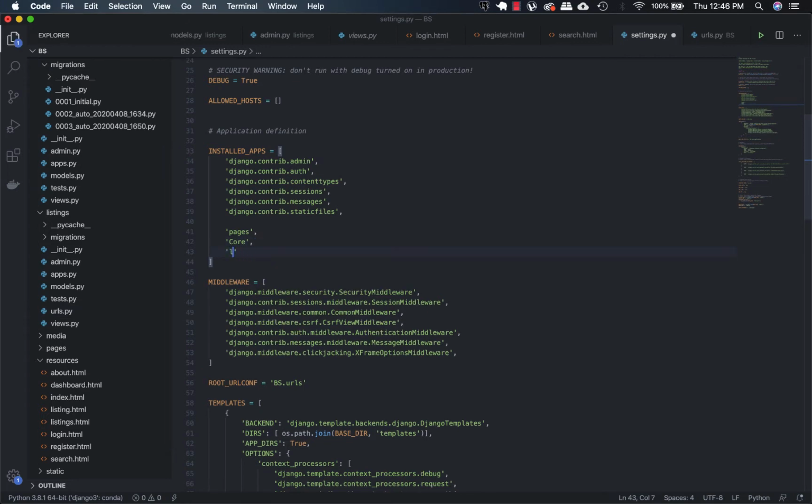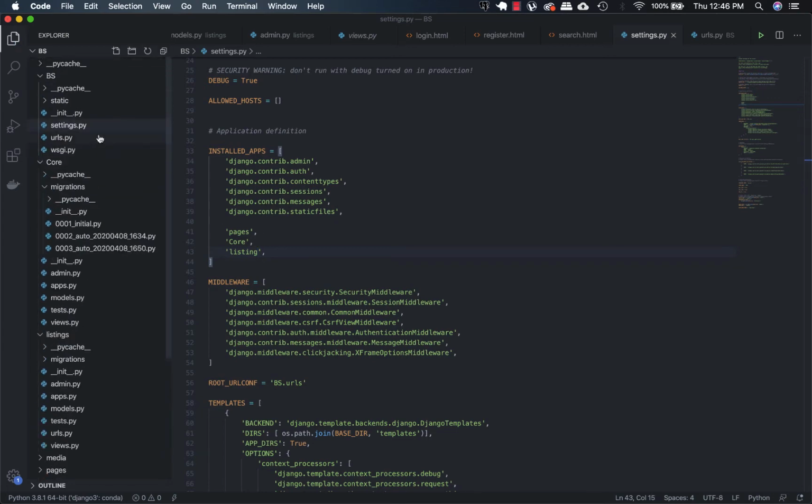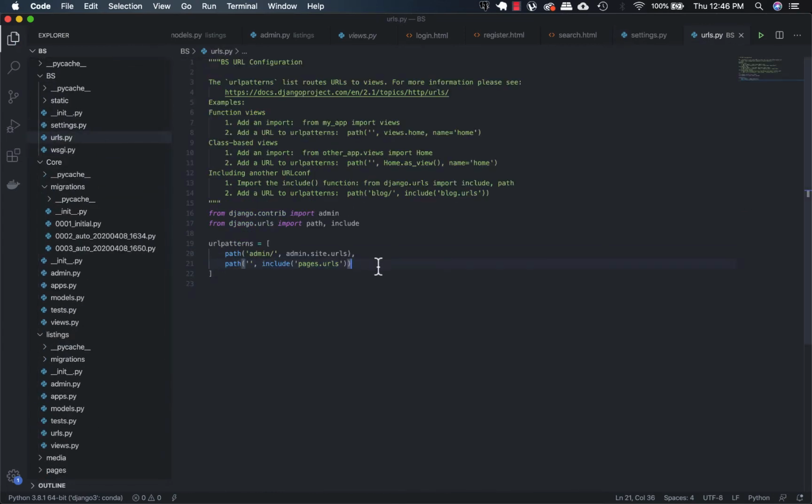So listings, save it, and also I'll include it in our URL file. So I'll say path, I'm gonna say listings and include listings.urls, save it,